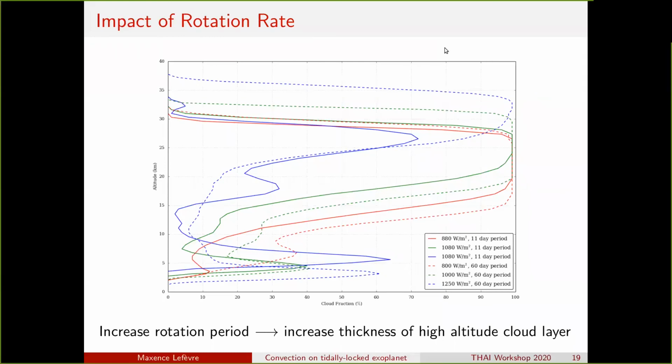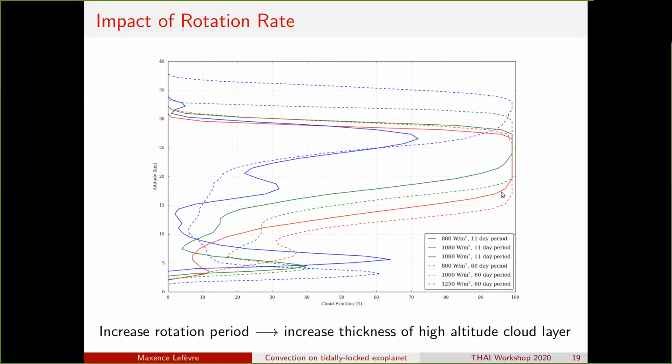What is shown here is the comparison of the vertical profile of the cloud fraction for two sets of rotation rate. The plain line is for an 11-day rotation period, and the dashed line is for a 60-day rotation period.